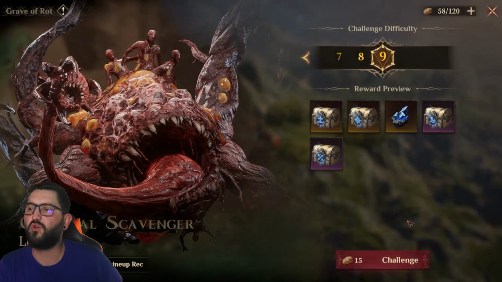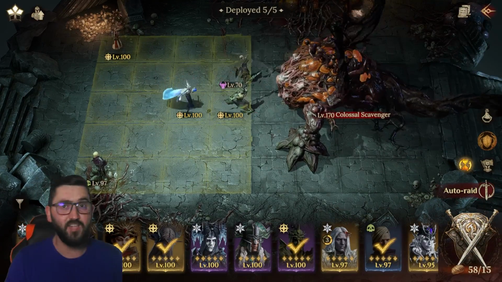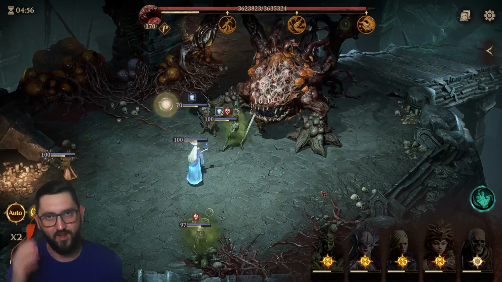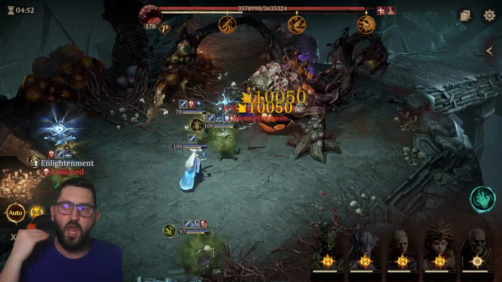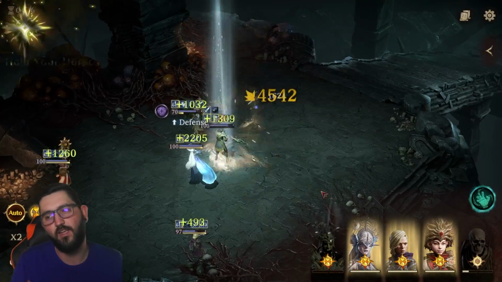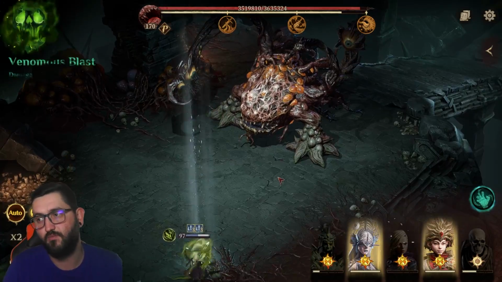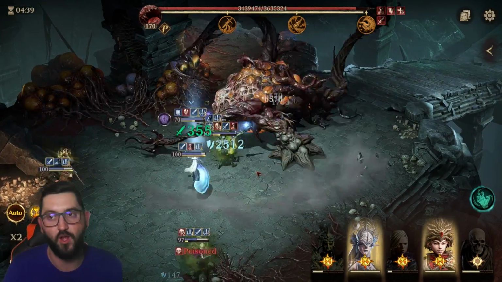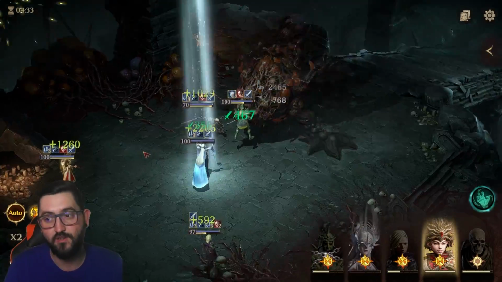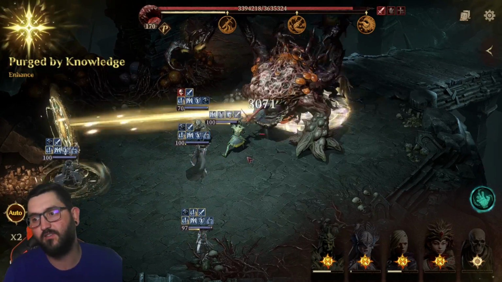However, what I want to show you today is the team that I'm currently using. Honestly, it's still a work in progress. It's not perfect. It's not 100%. However, I want to show you the team, and then I want to start talking a little bit about it and explain the principles of the boss, what you should try to get in this team, what you should look forward to, because the same way that the other dungeons have changed in Season 2, the Grave of Wrath has changed as well,